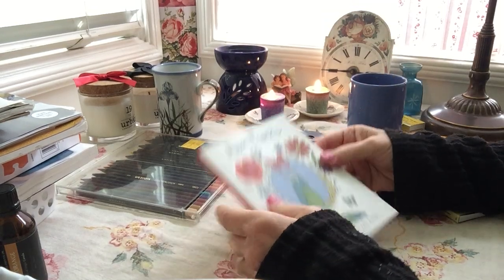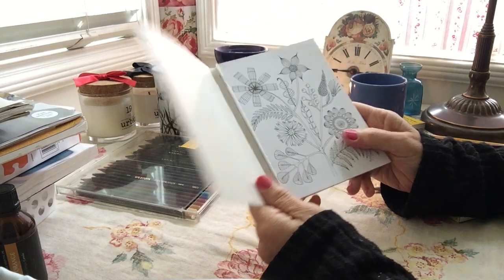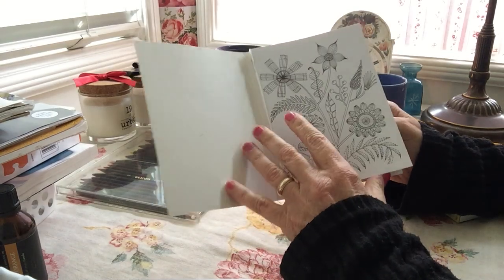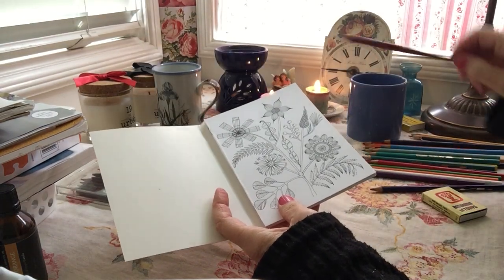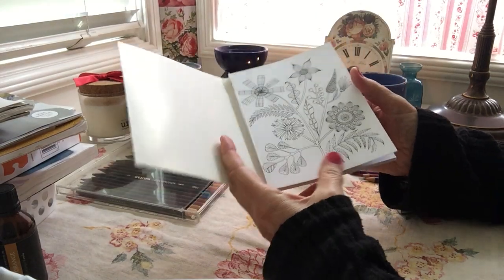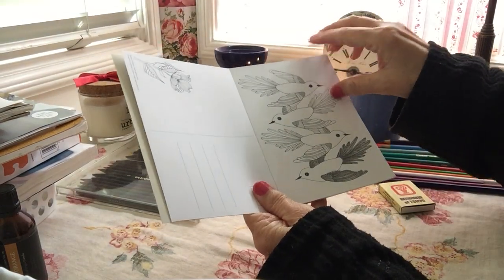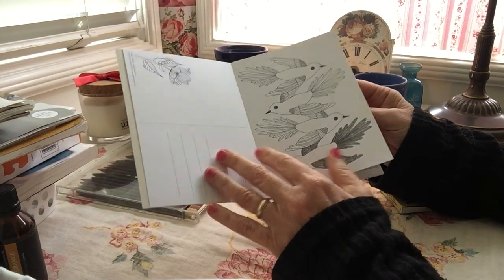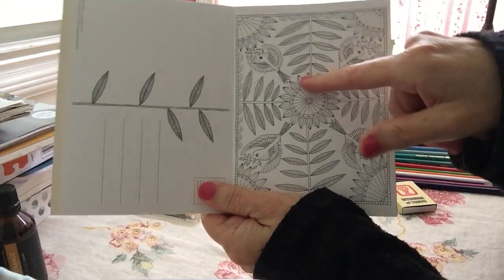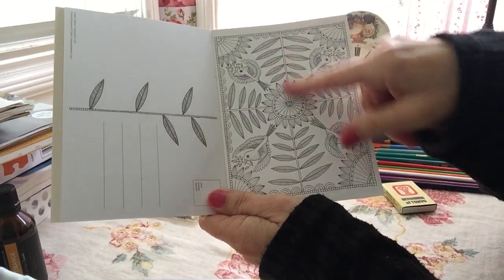I have this little coloring postcard book I think my brother-in-law gave me. It's very nice, heavy stock, because it's for postcards, so it will be good to use. I've got my watercolor pencils, and this paper should stand up to them pretty well. So I will choose a design. I like having a lot of variety, but not a lot of really tiny details, especially for the watercolor pencils. Look at these, the gradations of the leaves are tiny, tiny, tiny. You don't have to color them individually, but